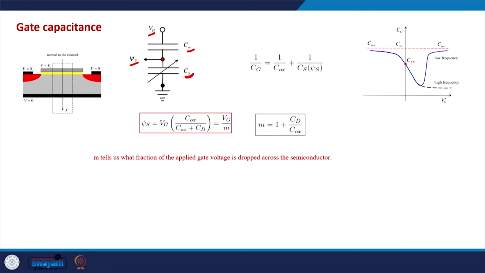If we model this MOSFET as a series of two capacitors, Vg is the voltage at the top of these two capacitors, and psi s is the voltage in between Cox and Cs. So, according to the voltage division rule across capacitors, psi s can be written as Vg times Cox divided by Cox plus Cd,